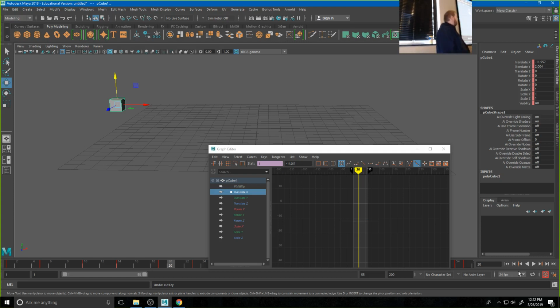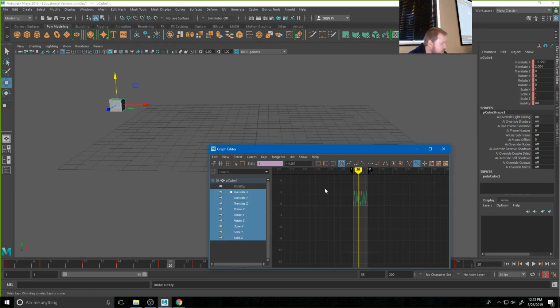So what I want to show you how to do is use animation layers to correct parts of your animation, okay? This is used really heavily in motion capture cleanup, but we can start using these in a lot of ways in our work as well, right? So the way animation layers work